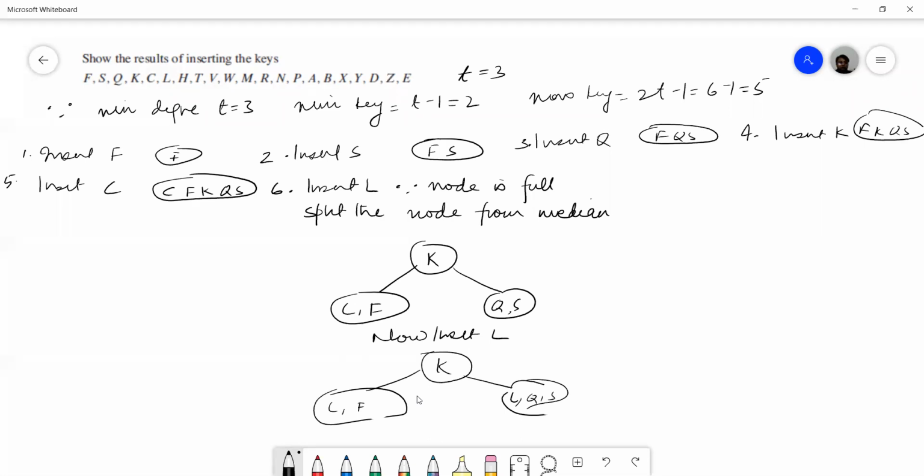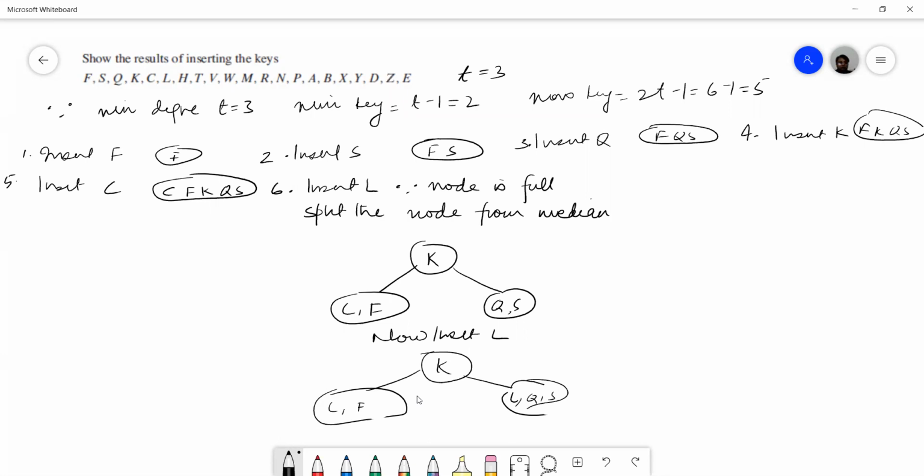Yes, sir. So in data structure, what we used to do, we used to first insert the element, then split. Here, first we'll split, then insert. So this is the difference. First I have split, then I have inserted L into the proper place. And in the earlier series, we first inserted the element and then split it. So this is the difference in both. Otherwise, there is no difference.